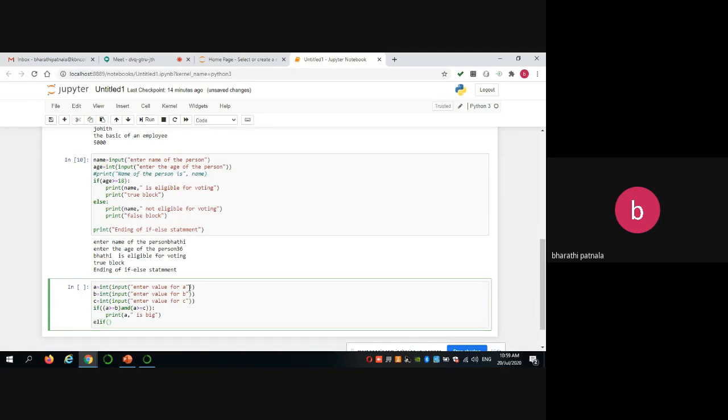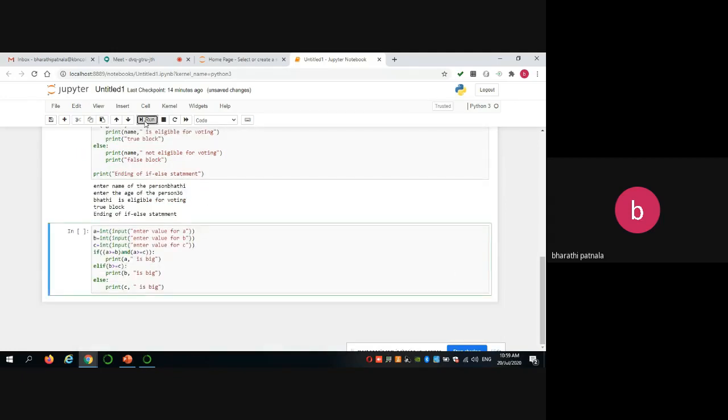Elif, if it is not true, then you can check B greater than or equals to C. Then print B is big. If both cases are not true, finally C is big. So execute this program once.